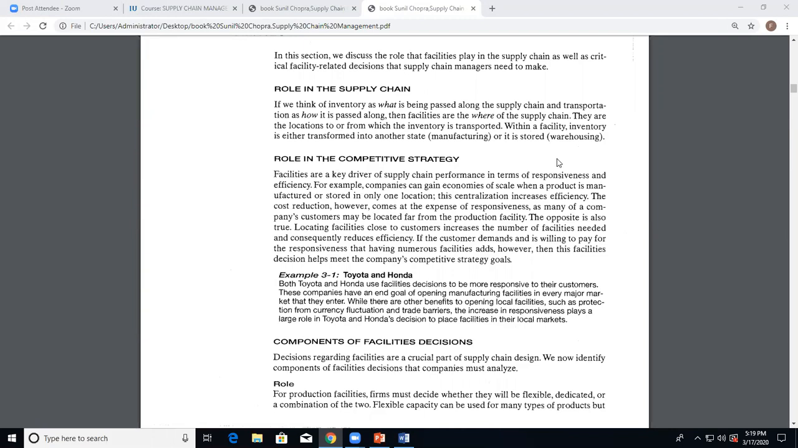फैसिलिटी का डिसाइड करना है कि रोल इन द सप्लाई चेन क्या है फैसिलिटी का। ईदर द फैसिलिटी यू हैव इट इज़ द असेंबलिंग फैसिलिटी, इट इज़ द फैब्रिकेटिंग फैसिलिटी, इट इज़ द वेयरहाउसिंग फैसिलिटी, व्हाट काइंड ऑफ फैसिलिटी डू यू हैव, व्हाट इज़ द रोल ऑफ योर फैसिलिटी, ठीक है।